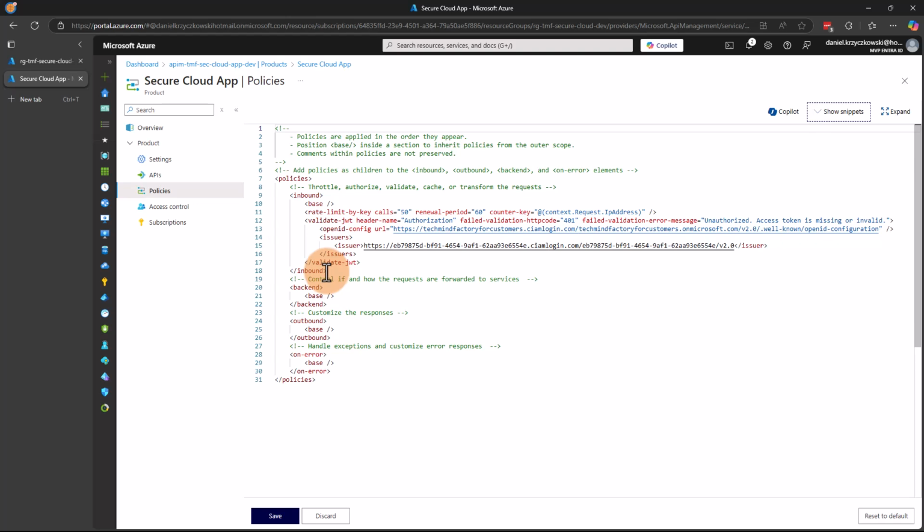Under the inbound section, so inbound policies, I define two policies: rate limit policy and JWT token validation. Let's start with rate limit policy. As you can see here, I want to implement throttling for my API. So instead of implementing this in the source code, I can apply this policy in the Azure API Management. So here I'm using rate limit policy